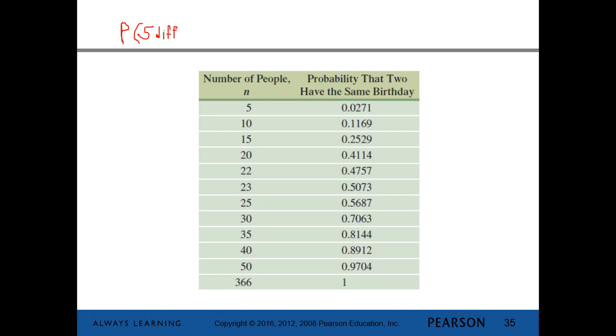So 5 different birthdays. What do we got? Well, we end up with 365 times 364. I'm not going to write it all out, but 365